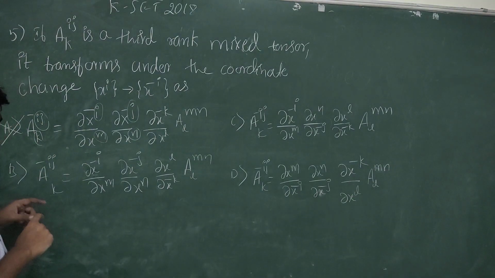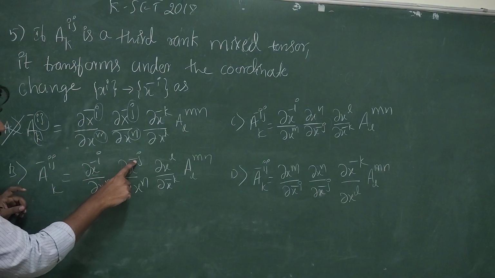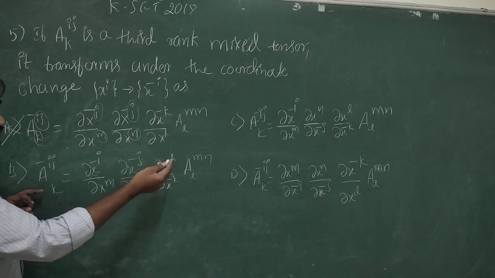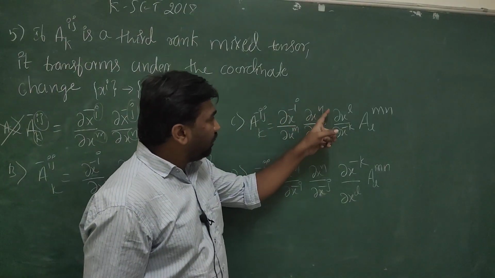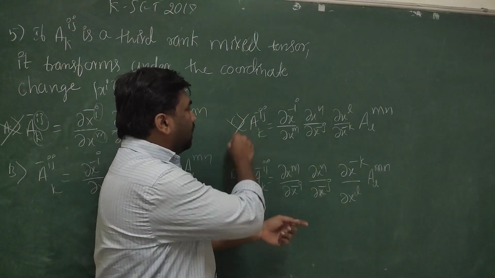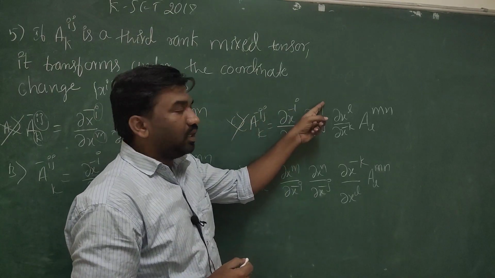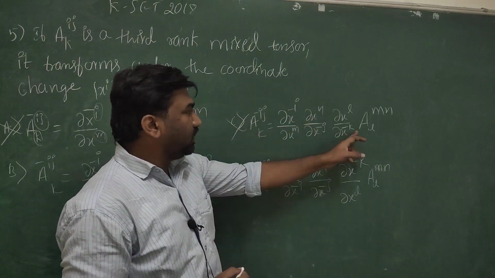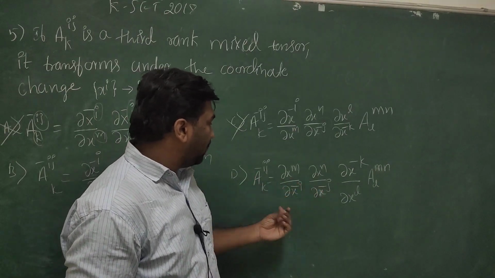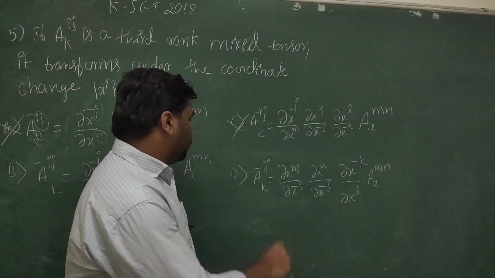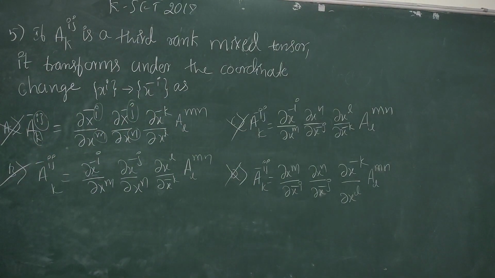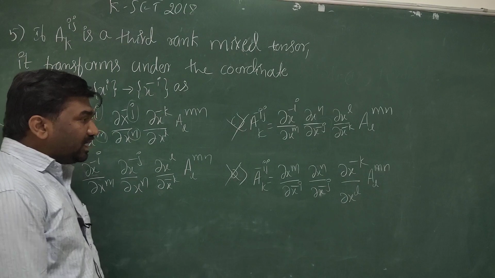So let's move on to option number B, where i, j and k are in the denominator. So let's see some other options. For i, j, there is no j in the denominator, so it is not a correct answer. i and j must also be in the numerator, and k is in the denominator. In the D option, i, j are in the numerator and k is in the denominator, so this is not a correct option. So option number B is correct.